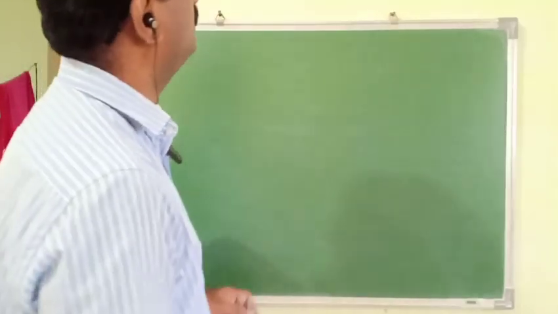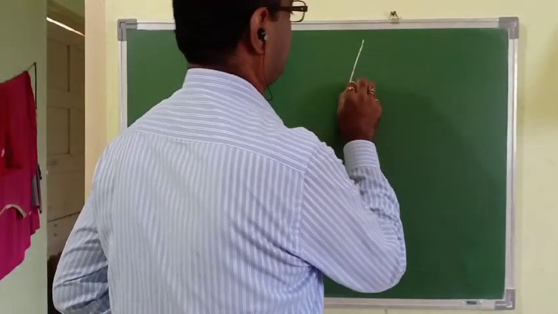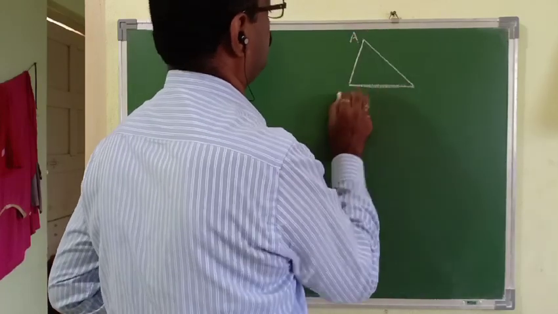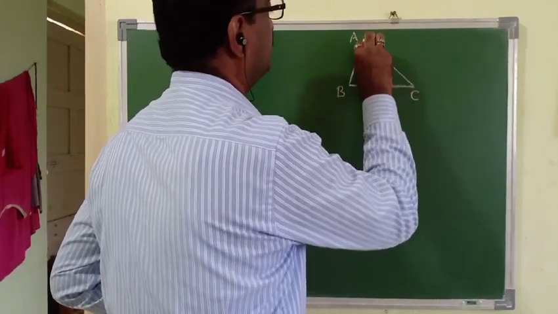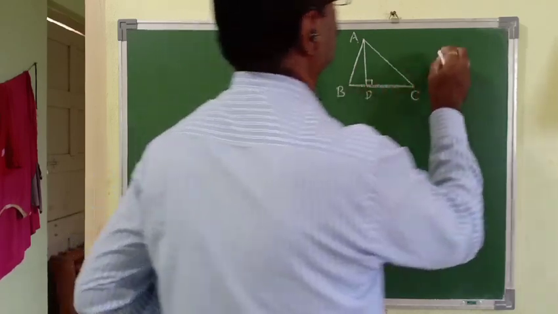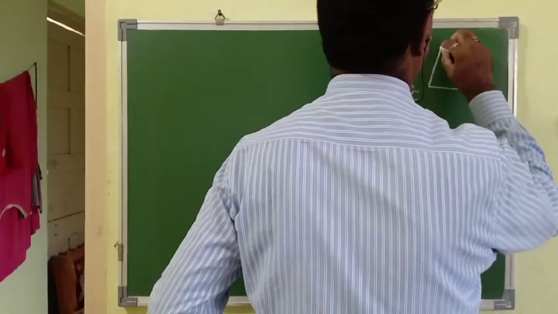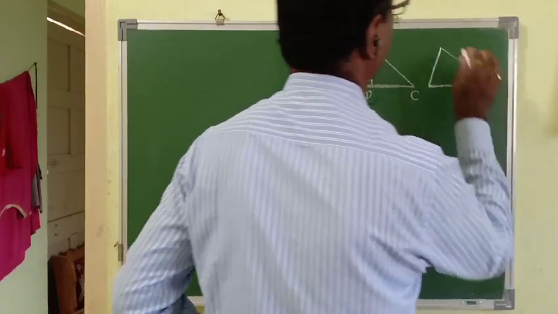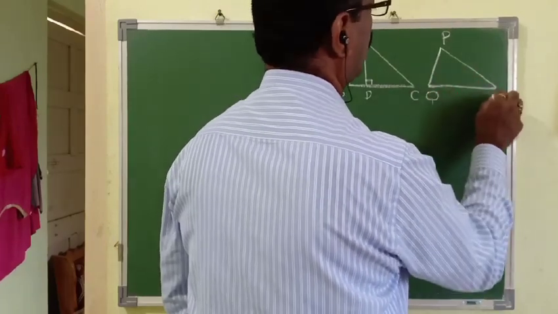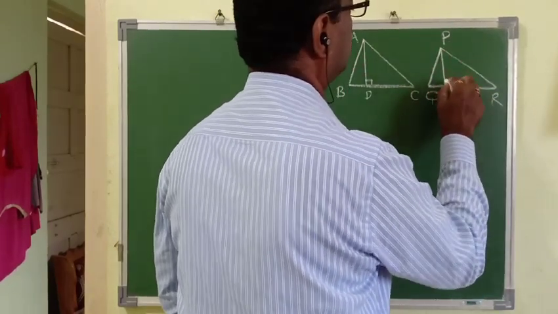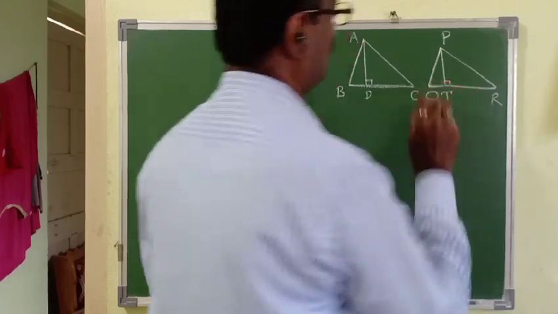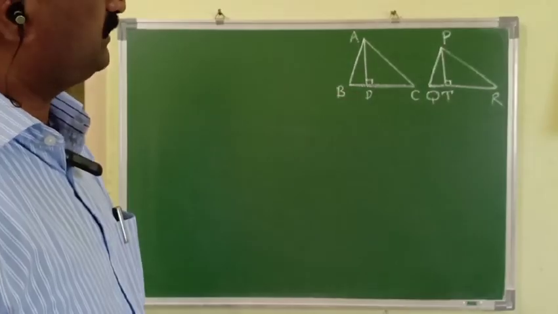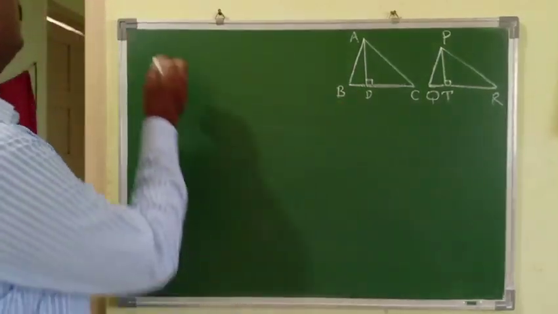To prove this property, we take the two triangles. Again same triangle. This is triangle ABC, the height of that triangle, AD. Another triangle, may be congruent, may not be congruent. This triangle is triangle PQR, and this is their height PT. We are going to prove that property. So for that purpose we have taken these two triangles. So let us write the given things.